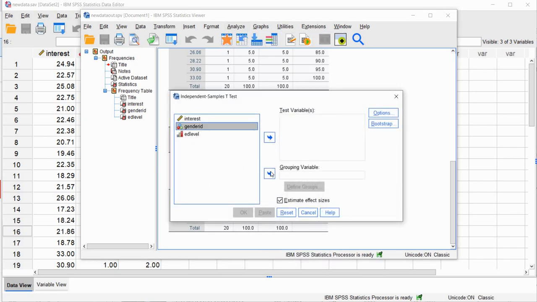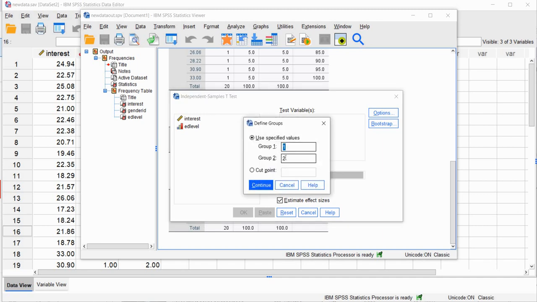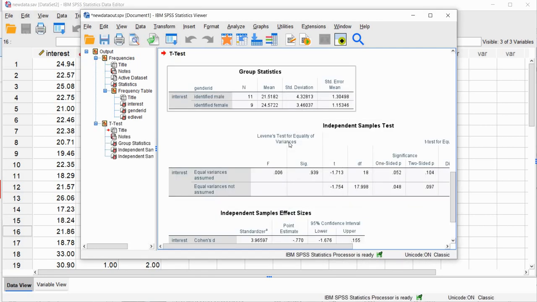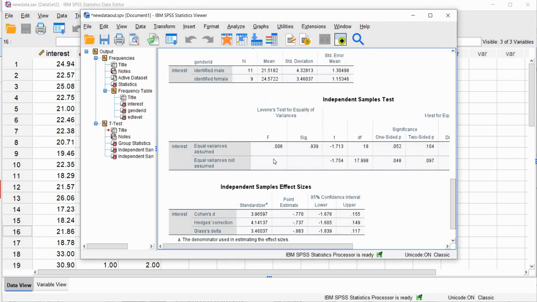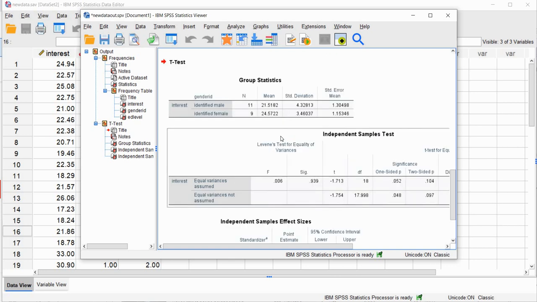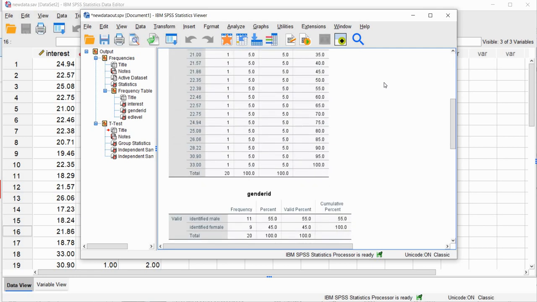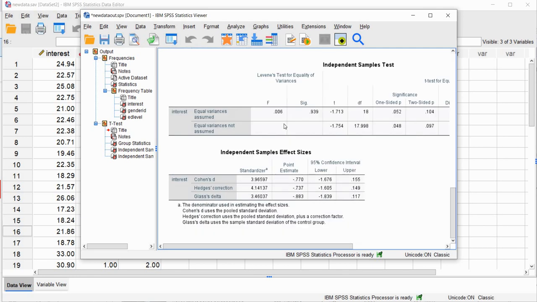I'm going to move the gender ID variable over to the grouping variable box. We'll click on Define Groups, and we'll set our values as 0 and 1, and then Continue. We'll move the interest variable over. That's going to be our dependent variable in this particular analysis, and we'll click on OK. And so now we've got the output associated with the independent samples t-test. So I'm not trying to introduce you to the independent samples t-test right now, but just to show you that the output file contains what we had previously done, as well as now the